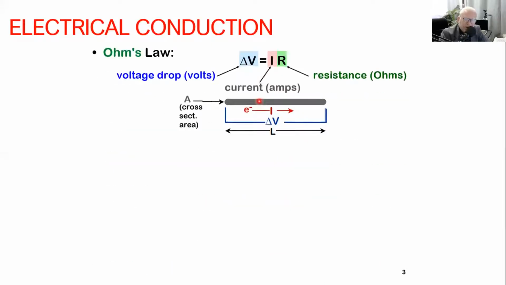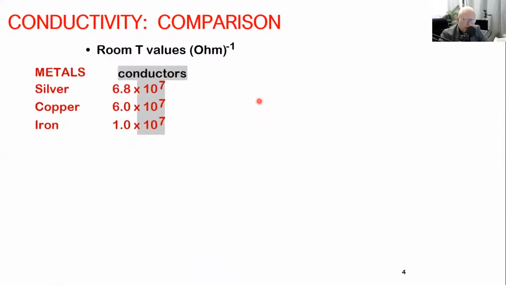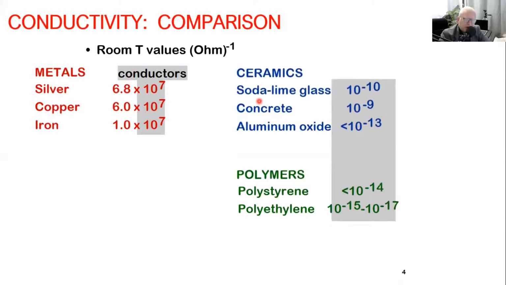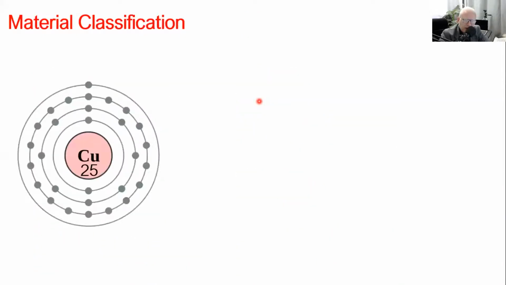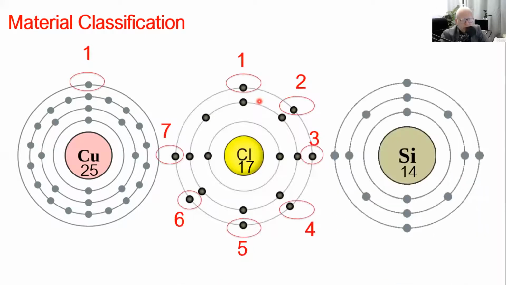We start with material classification. We classify material based on conductivity. We said that we have a conducting material, insulating or dielectric material, and semiconductor material. Then we try to understand why conductors are conductors and why insulators are insulators. We first discuss this at an atomistic, isolated level. We isolate a single atom of a material, and then we study this atom, either for a conductor, an insulator, or a semiconductor, and we correlate the number of valency electrons, the number of electrons in the outermost energy level, and the